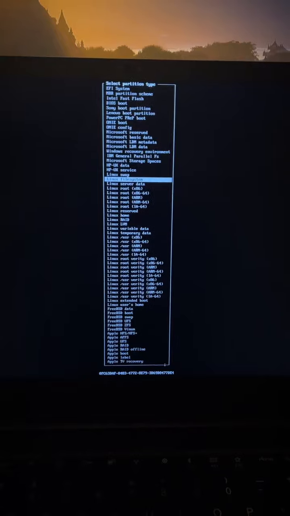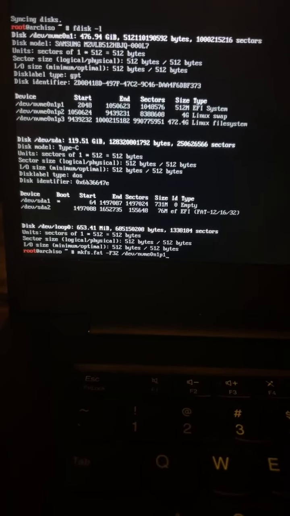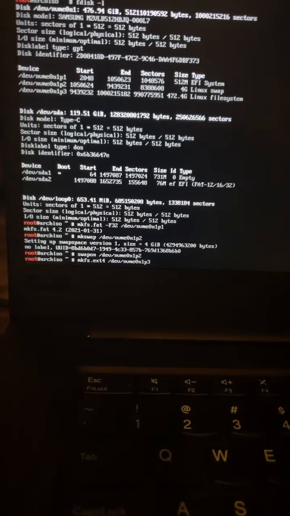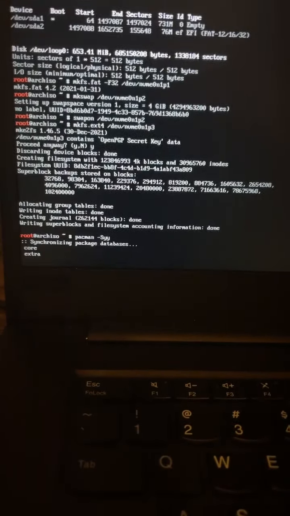One more new partition. This one's going to be the remainder of the disk, and change the type to Linux file system. Write it. Yes to confirm and quit. And there's our newly created partitions. Create FAT32 file system for partition 1. Initialize swap partition 2, swap on, create ext4 file system on partition 3, yes, gonna sync the repo, mount partition